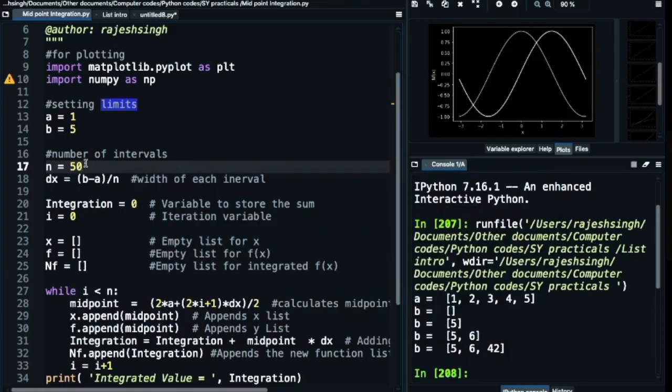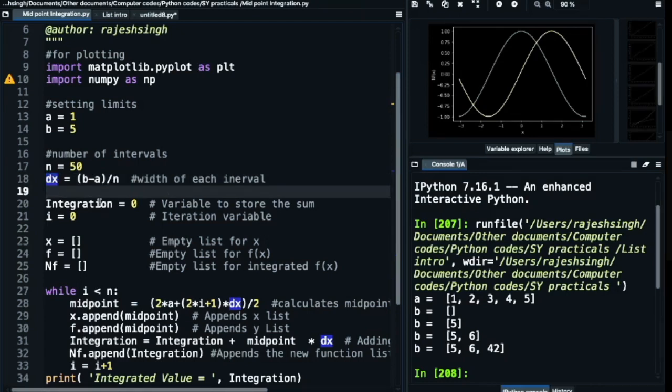I will ask you later, but since it's a linear function, it will not affect much what number of intervals you are taking. Then this line calculates dx. So dx is b minus a divided by n.